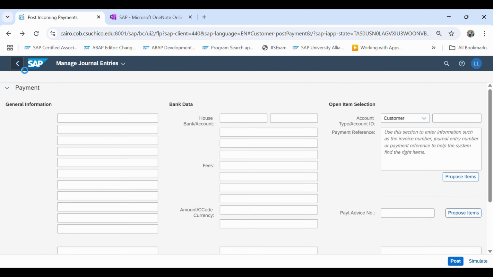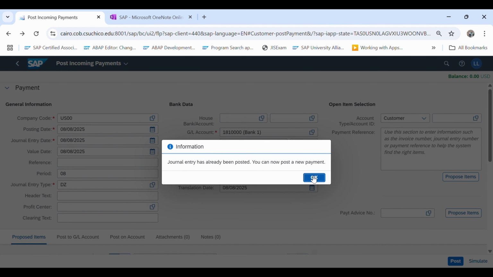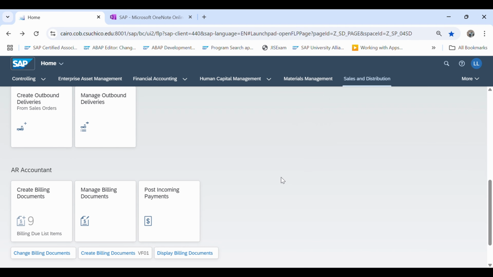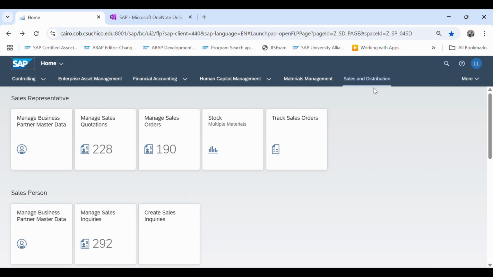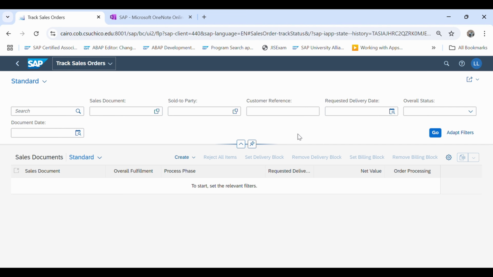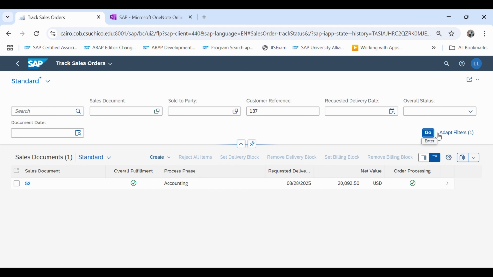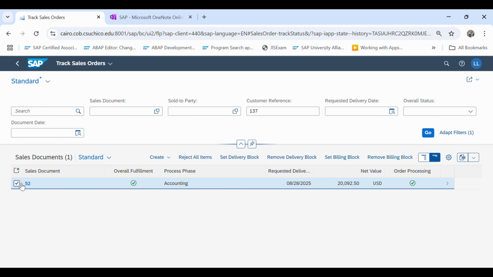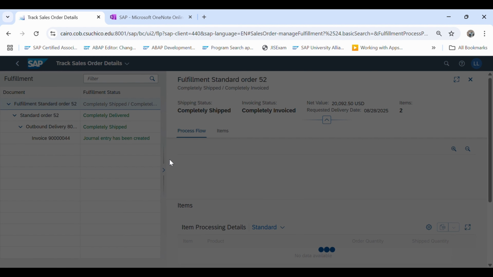I just go back to the system. Okay, just click on back. So I just confirm the warning. Now if I want to show the document flow, what are the things we have done so far, for that case again you have to just scroll up. If I click on track sales order and enter my customer reference number, that is 137, and click on go, this is my sales order number. If I select this particular thing and click on the forward arrow,